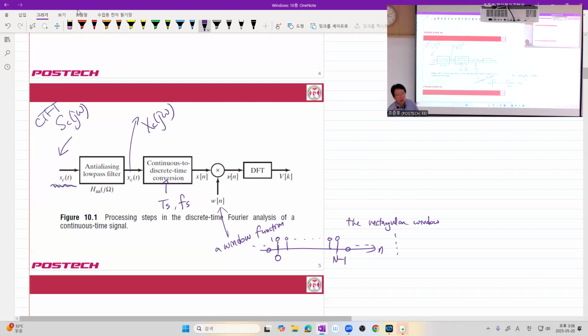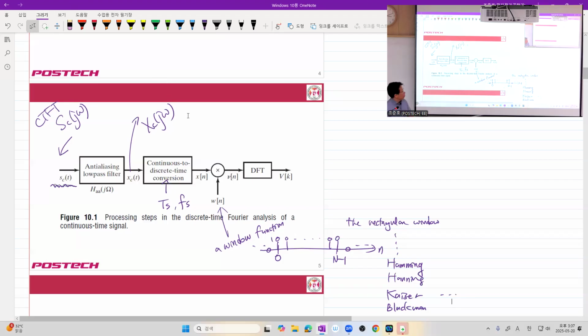So there are other window functions. Some important windows are Hamming windows, Hanning windows, Kaiser, Blackman, and some others. There are many windows. And you now know why there could be so many windows, because these windows are not all perfect. They have their suitable applications. So anyway,